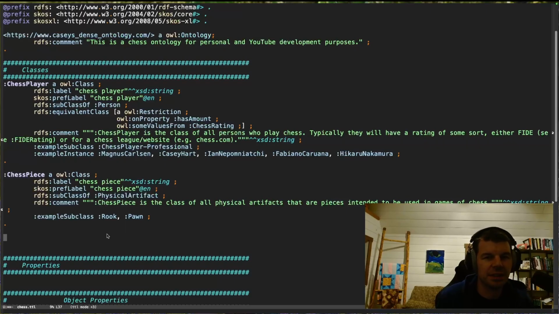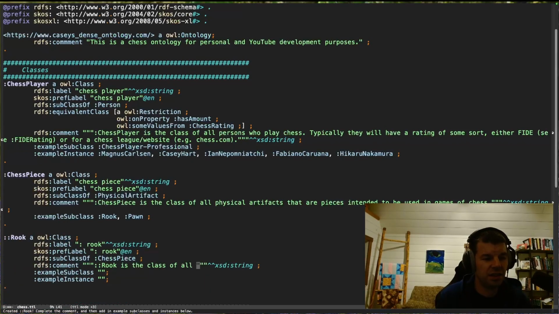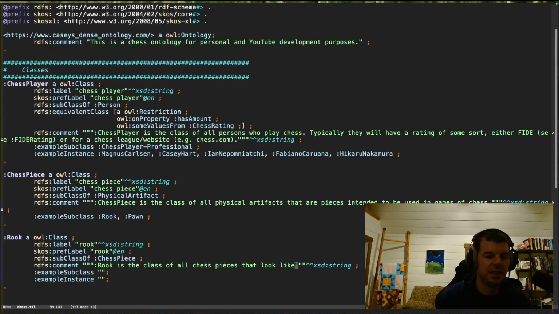Okay, let's make some more chess pieces. So we want to have rooks, and rook is a subclass of chess piece, and the lexical is just going to be rook, and those are all. What we discovered here is I shouldn't have put that colon behind rook when I was defining it. Okay, cool. So these are all chess pieces that look like